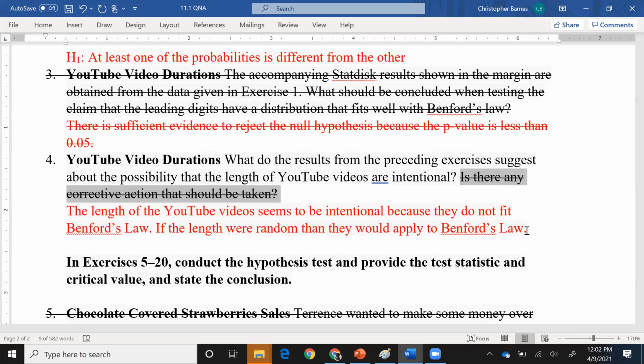Now, you could talk about this next issue about a corrective action, but here's the issue. When you think about YouTube videos, this is something that people probably don't know of, but I know a little bit. I know some people who do YouTube videos. You can monetize them. I think in this video, we actually had a commercial at the very beginning.